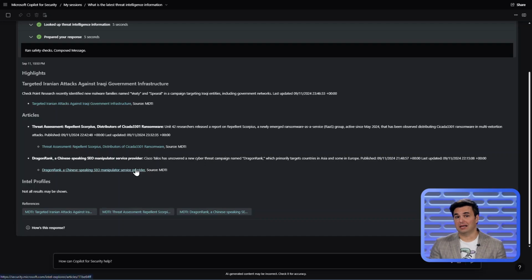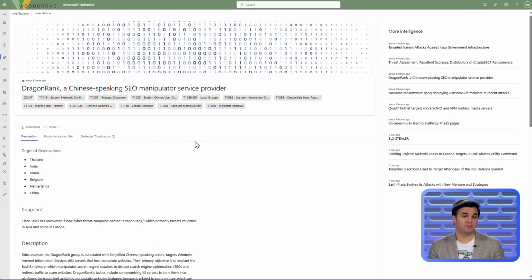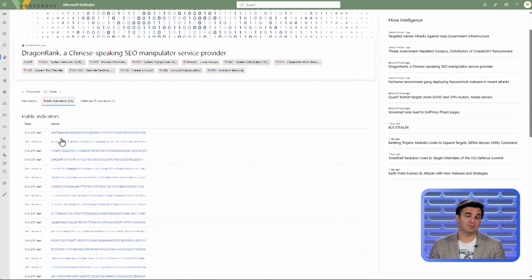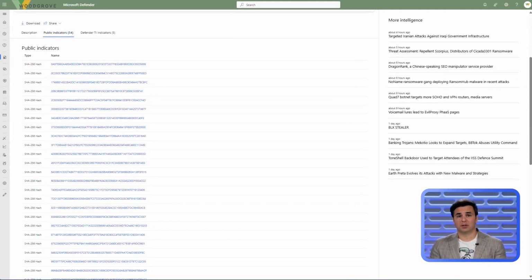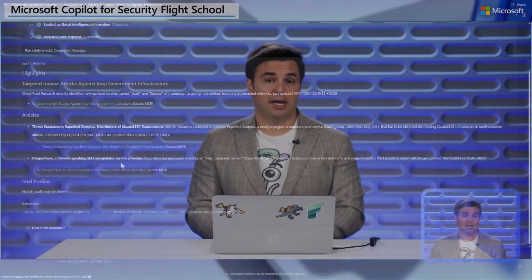If I follow a link, it takes me over to Microsoft Defender Threat Intelligence. All of the finished intelligence and telemetry by the solution is free and baked into Copilot as part of the license. This helps ground the solution to eliminate fabrications, but we also believe strongly that threat intelligence should be contextual